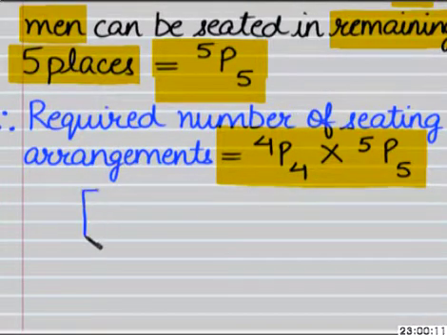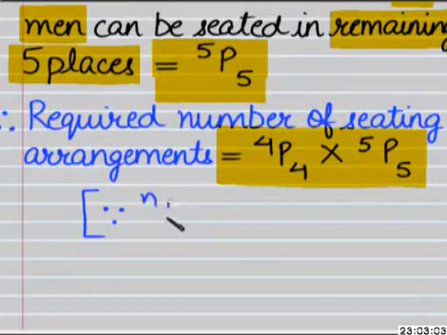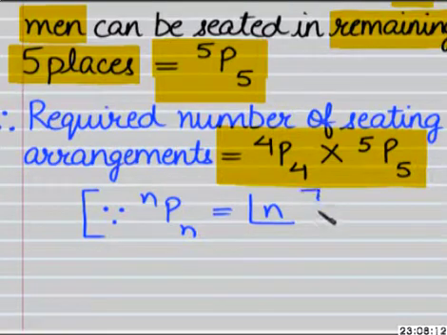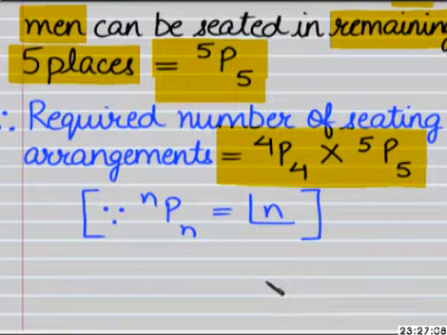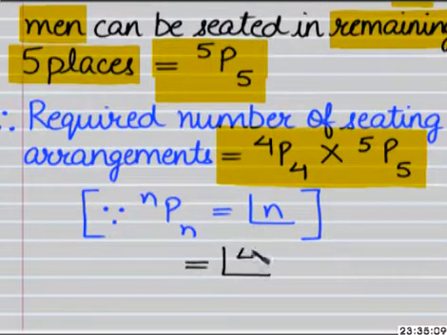Now, as we know that nPn is equal to n factorial, so using this result here, we get required number of seating arrangements in which 5 men and 4 women are to be seated in a row such that the women occupy the even places will be equal to 4 factorial into 5 factorial,